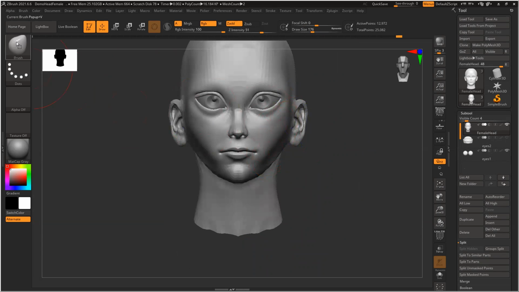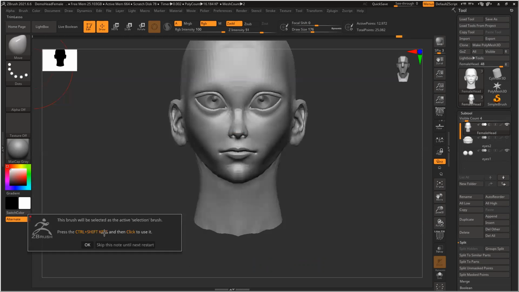And these ears are not required, so I'll use trim lasso.